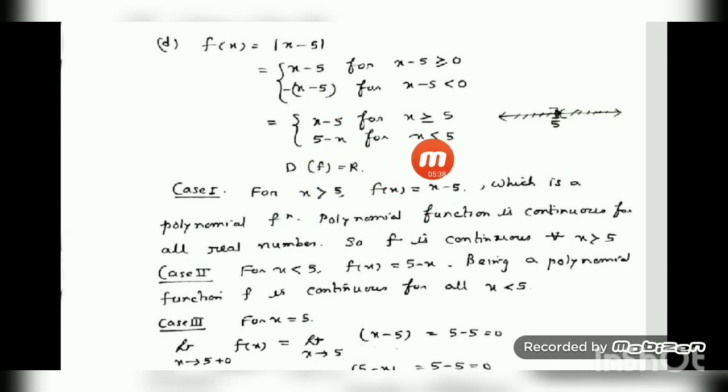Now let us find out what the domain is. The function is defined by x minus 5 when x is greater than or equal to 5, and for x less than 5, it is defined by 5 minus x. So here you see 5 is the critical point, and for x greater than or equal to 5, it is defined this way, and less than 5 the other way. That means the whole real number line. The domain of the function is the set of the whole real number line. Now the whole real number line is divided into 3 parts, so we have to do 3 different cases: one for x less than 5, another for x greater than 5, and at the point x equal to 5.